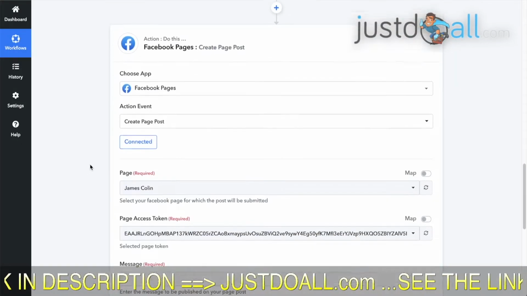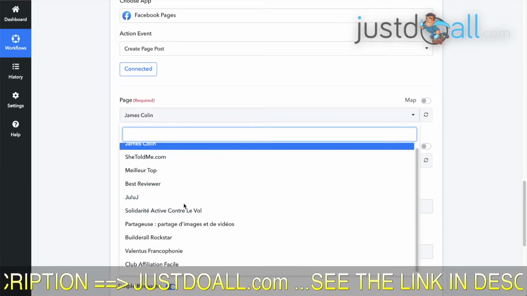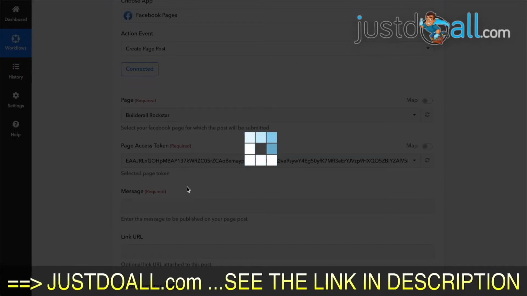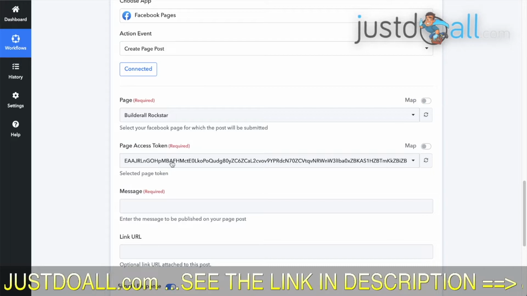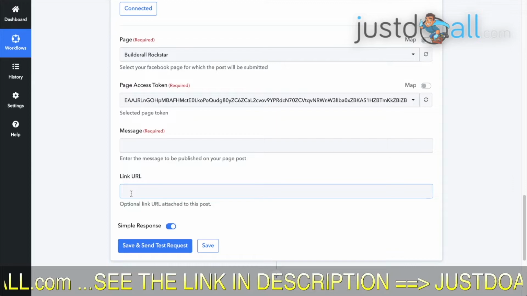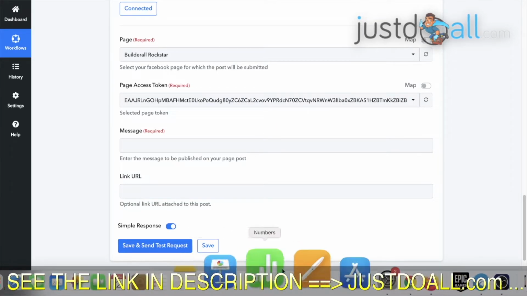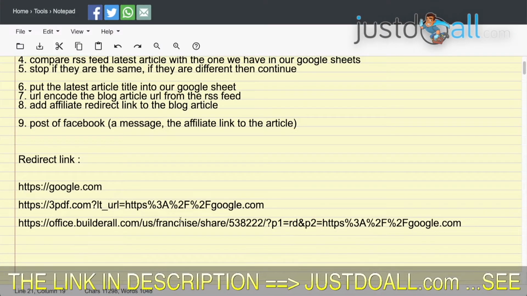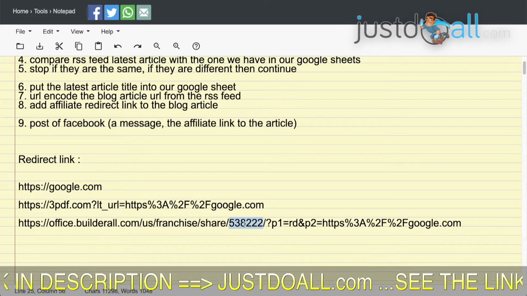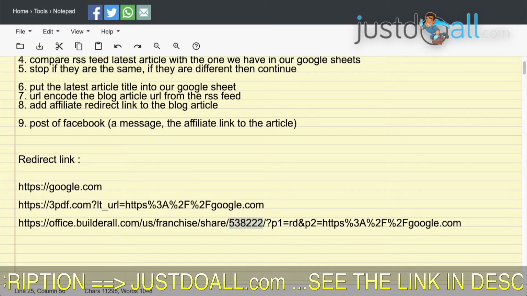And now look, it's very easy. You just choose the page you want. So I will choose my Builderall Rockstar page. And what we need is to write a message and a link. So for the link, I will show you how to create your affiliate link. You just take what I gave you here. For this part, you need your affiliate ID. So my affiliate ID, I think is